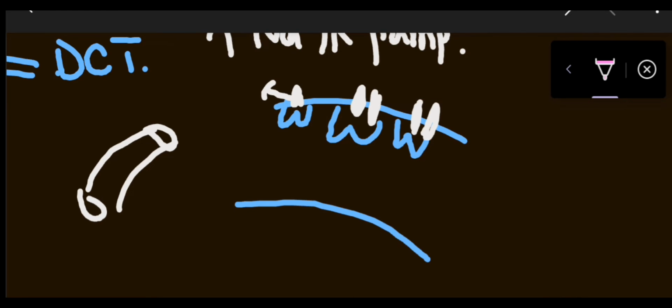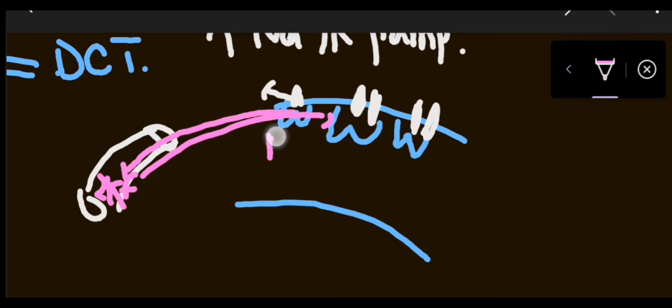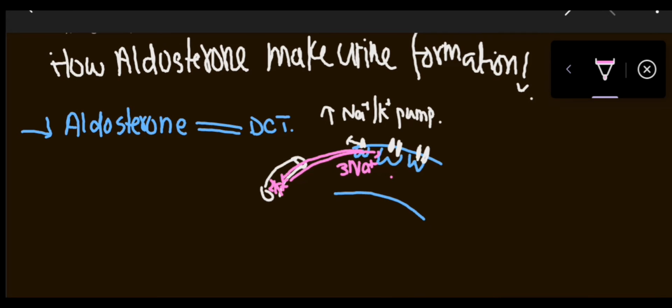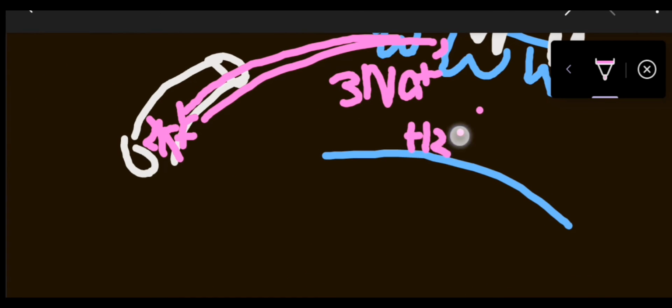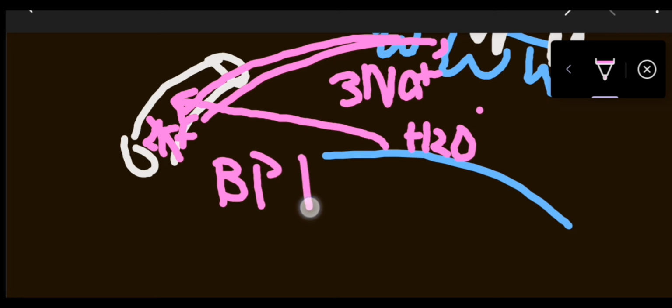through this peritubular capillary, 2 potassium will go inside and 3 Na will go inside. This is how the sodium potassium pump exchanges, and water will also move towards the peritubular capillary through this DCT. And when this water moves into the peritubular capillary, BP is lowered,